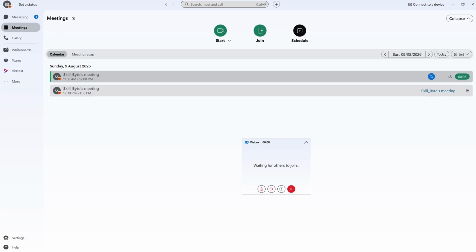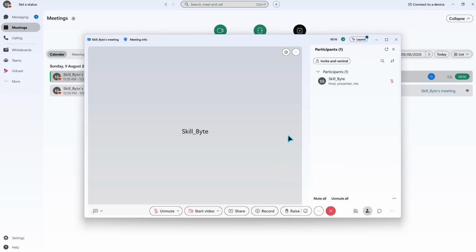In today's video, I'm going to teach you how to share screen in Webex meeting. To get started, open the Webex app and make sure you're already inside an active meeting. This is important because the screen sharing controls only appear once the meeting has begun. If you don't see the meeting toolbar right away, move your mouse over the meeting window and the controls should